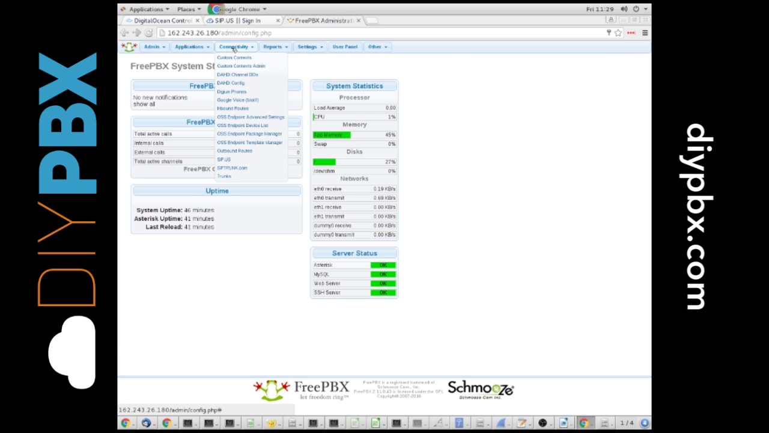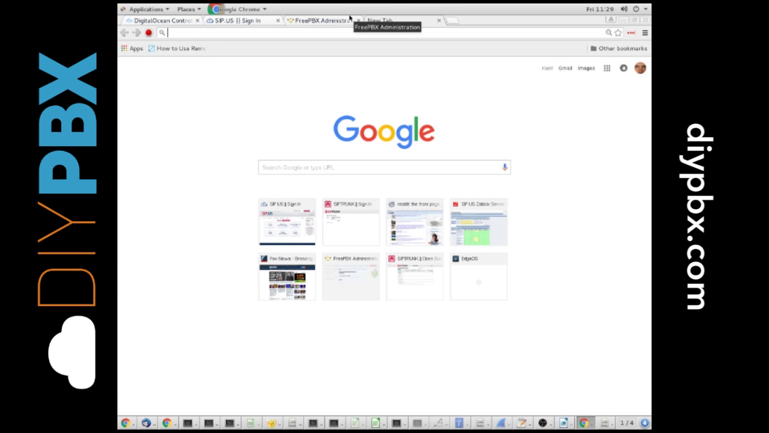In this template, we have loaded the SIP.US and SIPtrunk.com module, which what they've done is create a module where you just throw in a key and it sets up your SIP trunk for you, which is kind of cool. So I want to show you how to set up a SIP.US account, and what you do is just go to